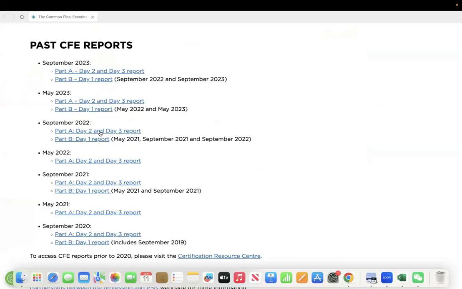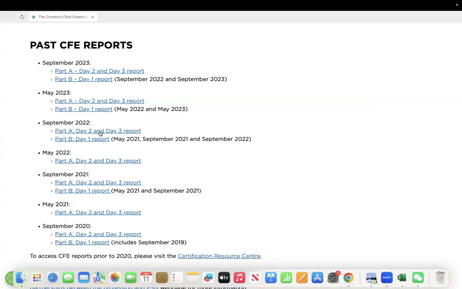So if you click into this report, you get a very, very long PDF, hundreds of pages. And then there is a marking guide. This marking guide is like the solution. There's no feedback guide, no marking rubric included in the report, but they have something called board of examiners' comments. Just search for board and then you get the comments.